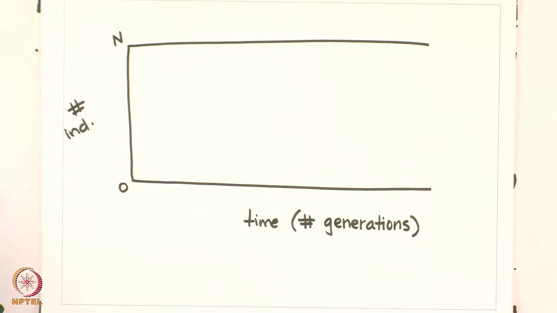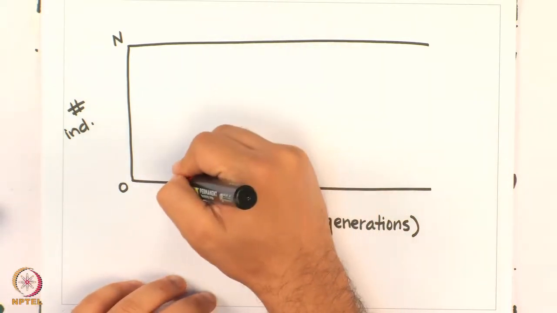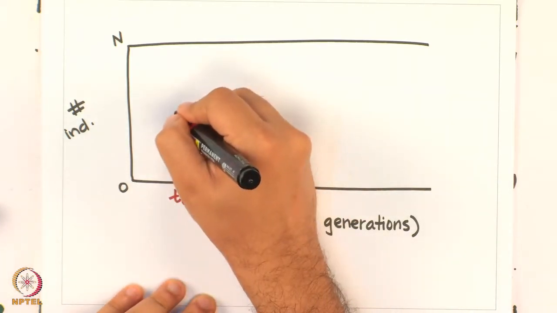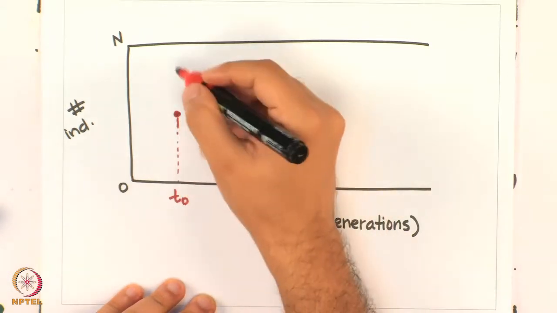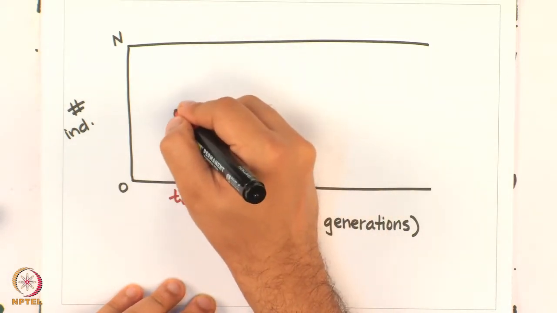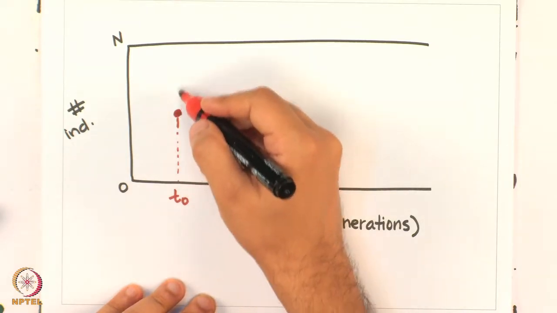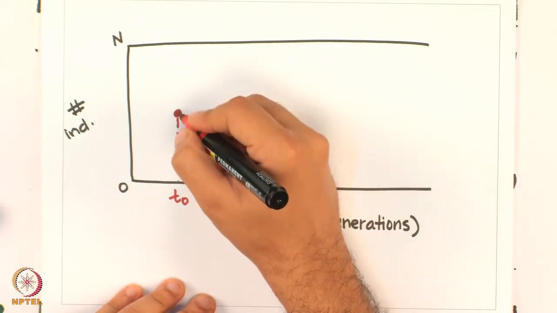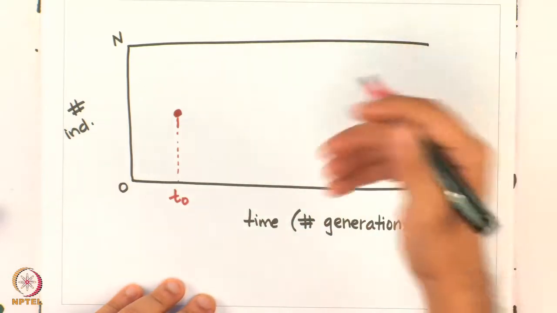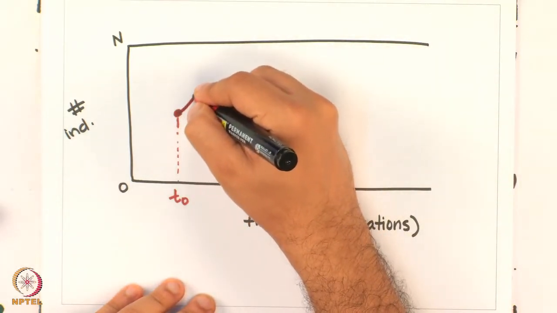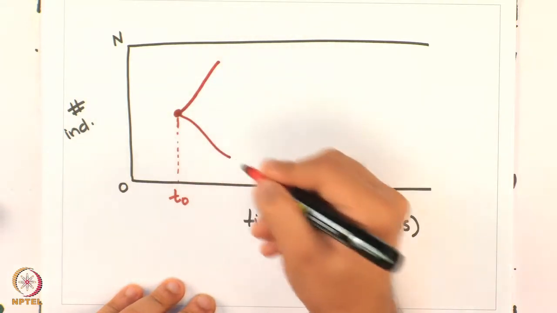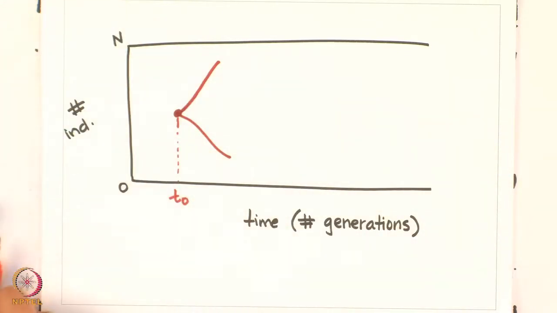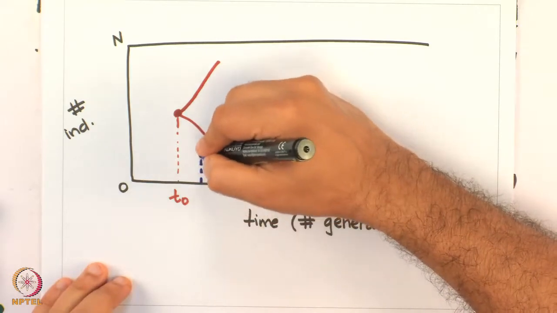In this representation, a mutation might occur at time t equal to t0. At this time I have one individual which belongs to a mutant genotype, and all others are the parent genotype. As I move forward in time, suppose this mutation is able to establish itself and go to fixation, its relative fraction in the population will keep on increasing. Starting from this one individual, the mutation is spreading in the population, and at any given time t1, if I draw this vertical line,